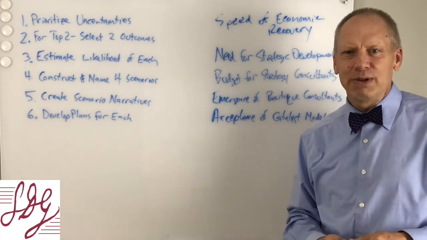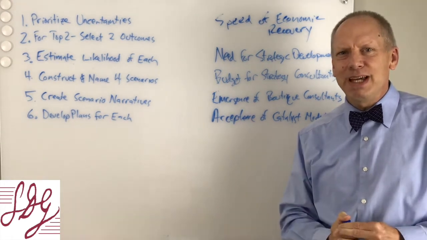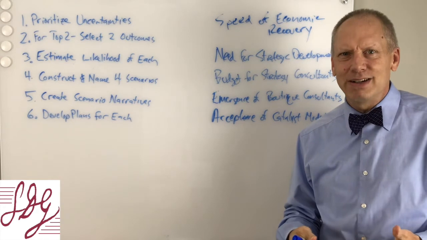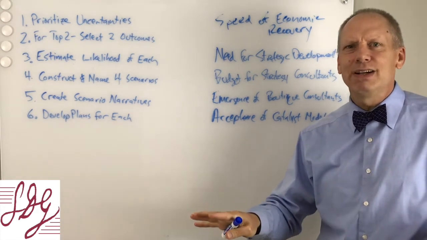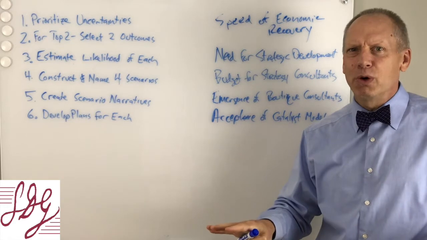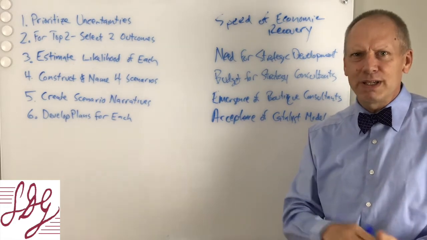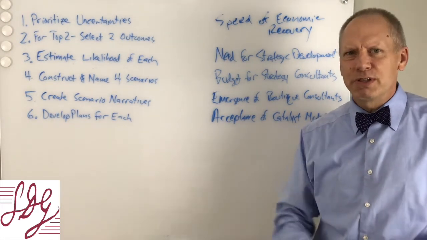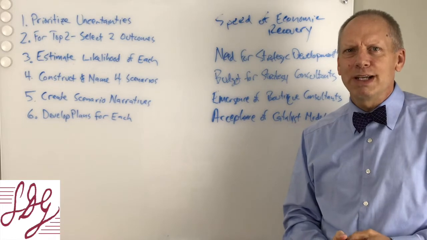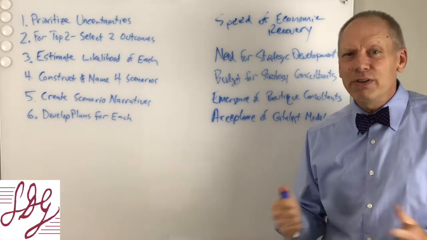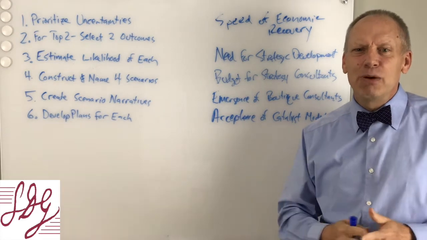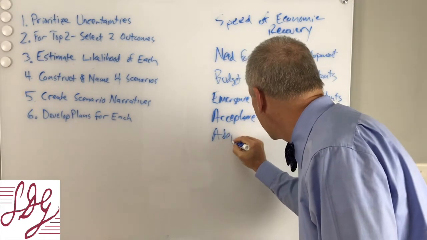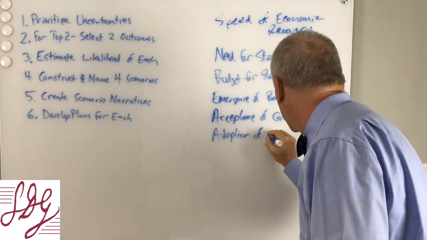So what's another uncertainty that we have? Another uncertainty in general is that in this time when the whole economy locked down, work from home took off like crazy. The number of people working from home went from a relatively small percent, probably less than 20%, to very broad adoption. More than 50% of workers were working from home during the last 2 or 3 months. Now, will that continue? Will we continue to see broad adoption of work from home? So I'm going to put down here the continued adoption of work from home